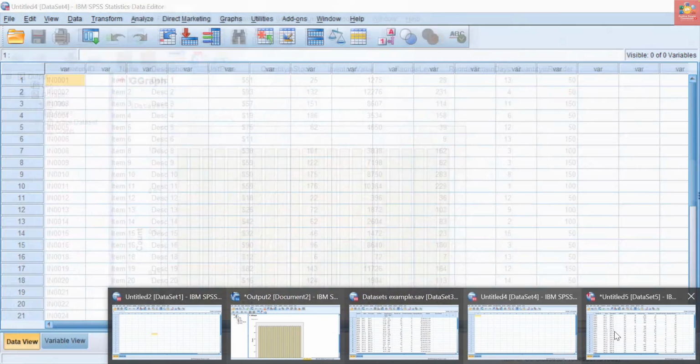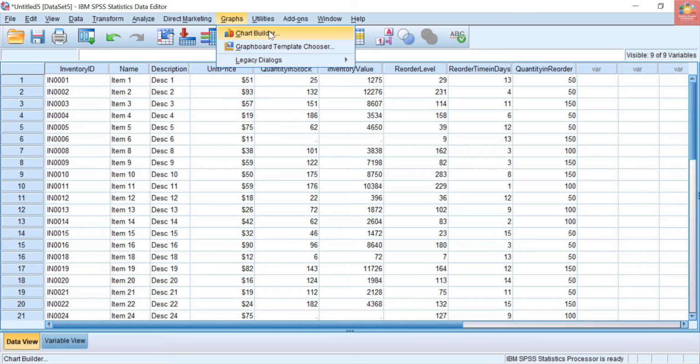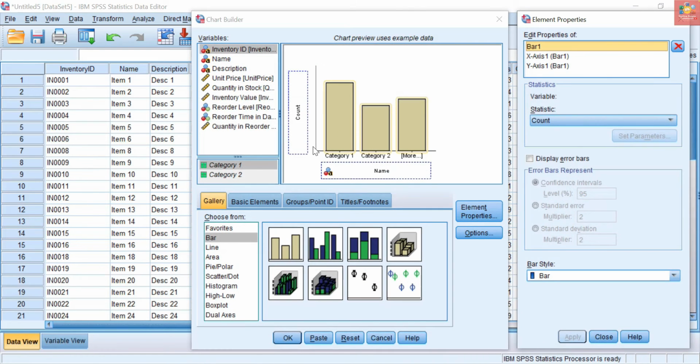Moving forward, let's build another chart, and if I place some other things,